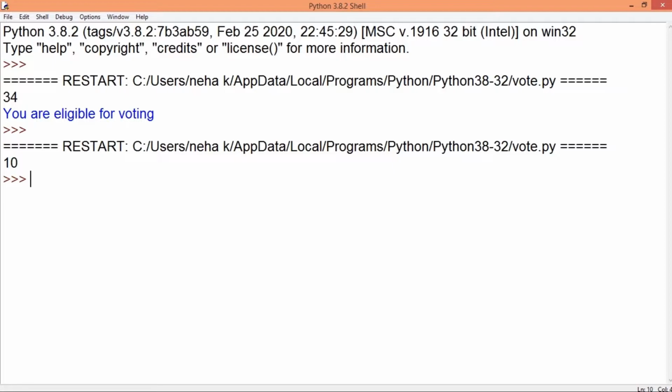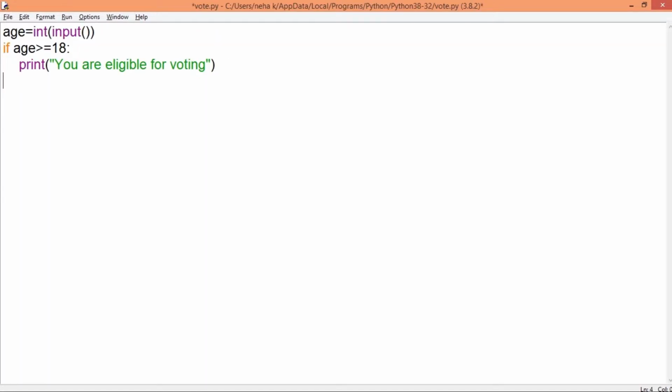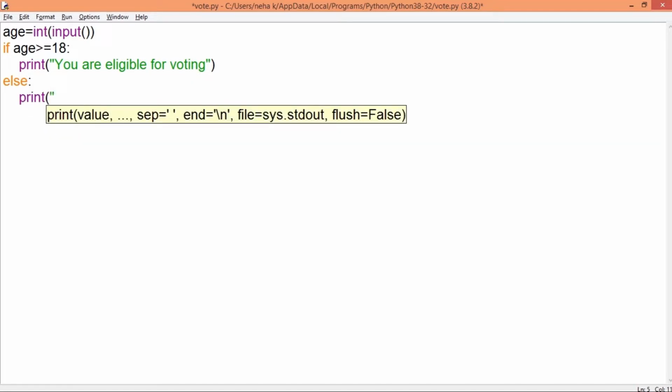I'm going to write the else part like this, else, and you can see the line for the else block is also indented, and I'll write a print statement here showing the output.